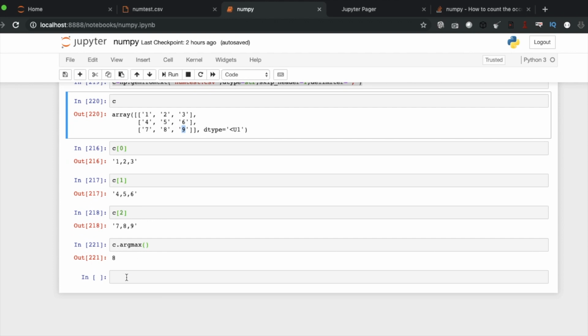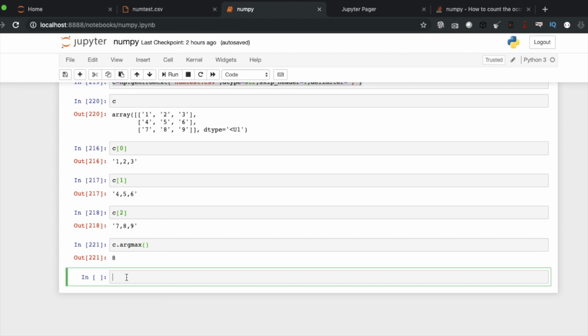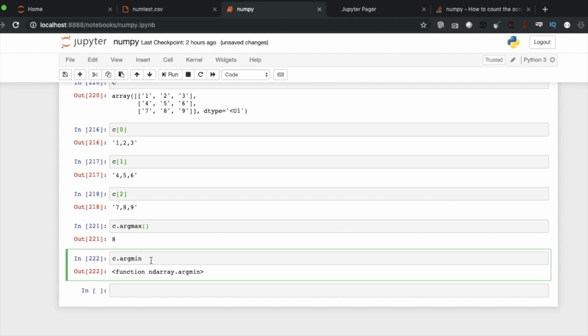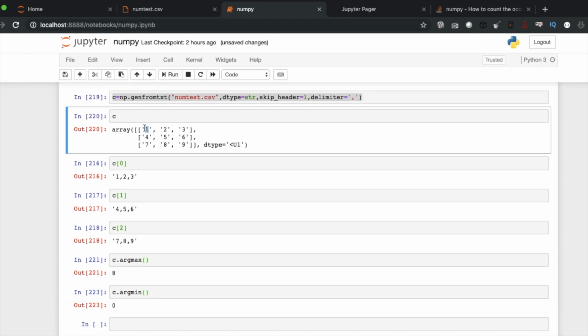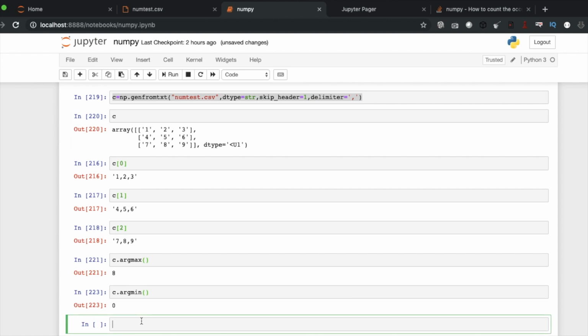But see argmin, like the first one is 0, and the last one is this. So what if I print 8?